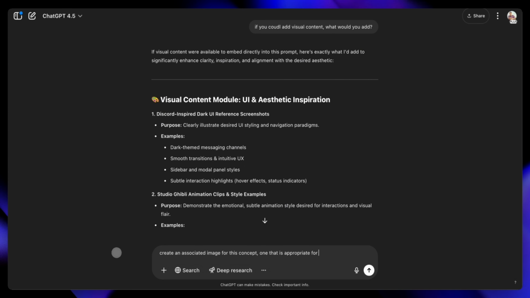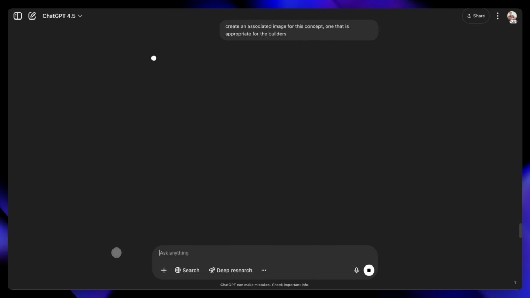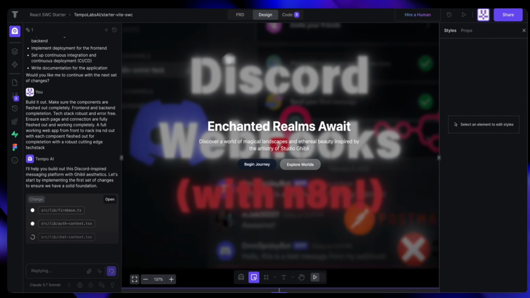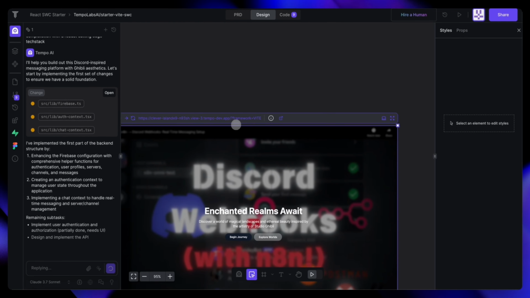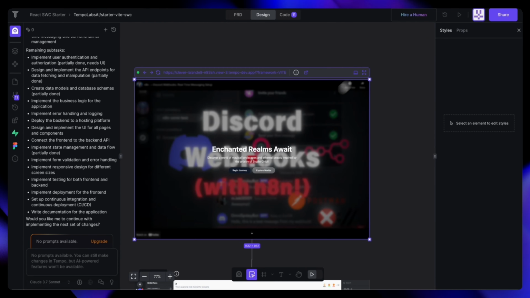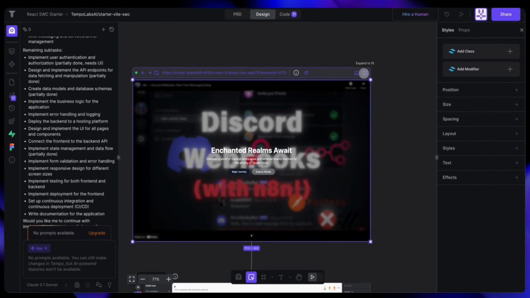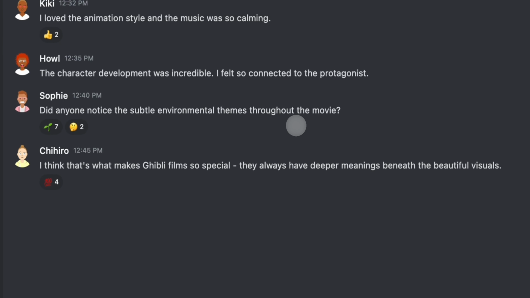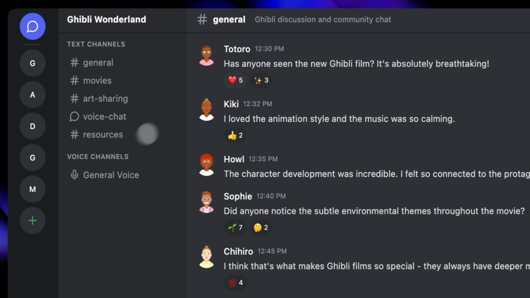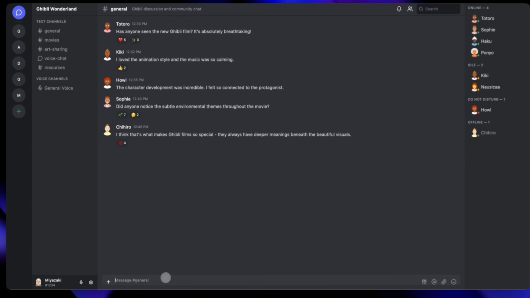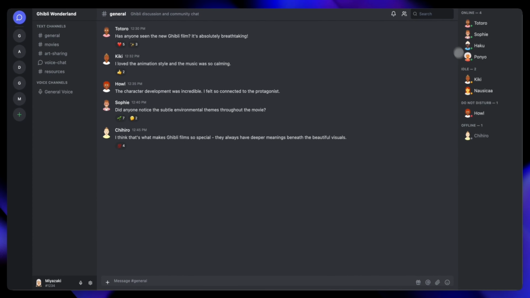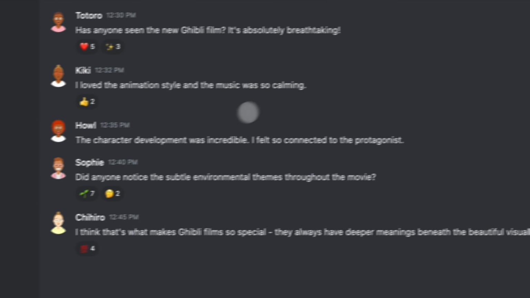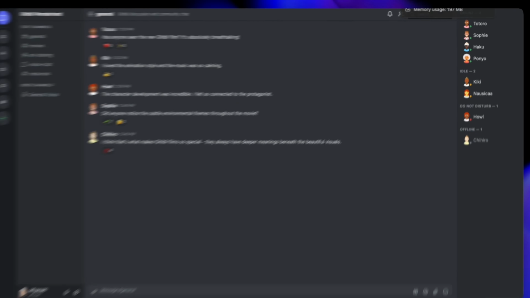One is appropriate for the builders, which is going to be the UI interface here, like Tempo, Lovable, and Firebase. And as you can see, Tempo has started, through that YouTube video, using that as a concept and the same kind of prompt enhanced by ChatGPT that says, hey, make me a UI based upon this video. This one thinks that I wanted an entire Discord. So it's made me what looks like some kind of knockoff Discord with Ghibli names, Howl, Ponyo, Kiki, Nausicaa, a bunch of Ghibli names here as what look like my chat buddies, and we're all talking about stuff, and so that's pretty cool.